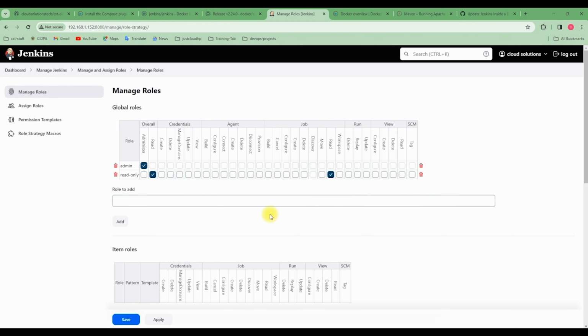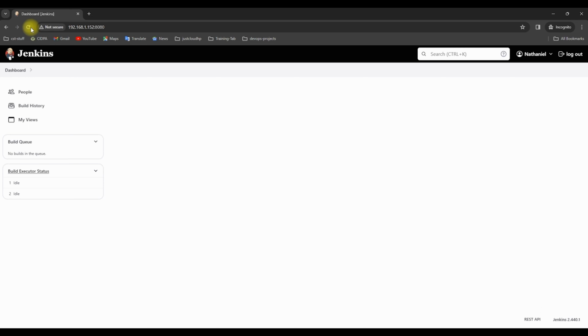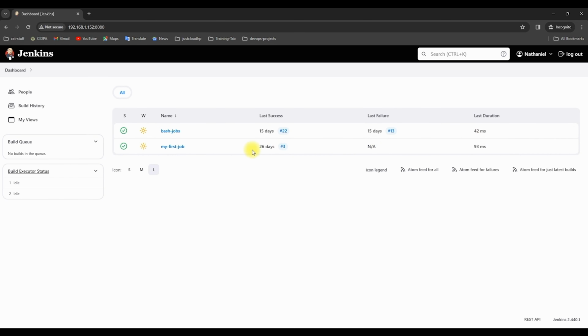All right, so what have we just done now? What we have just done is that we modified the read-only role that we created before. And then remember that, once that role is modified, the user that is associated with this role immediately assumes that role. You understand? So we don't have to go back again to that user to edit anything there again. So if we go back to that other browser now and refresh this browser, you see what we have? Now the user is able to see the jobs here now,